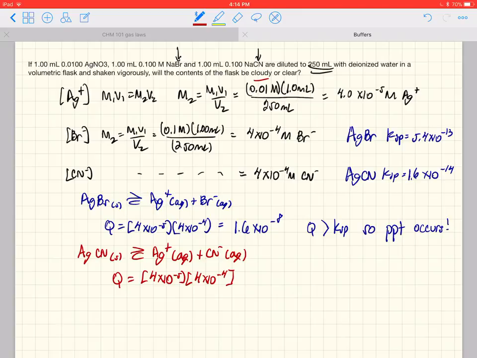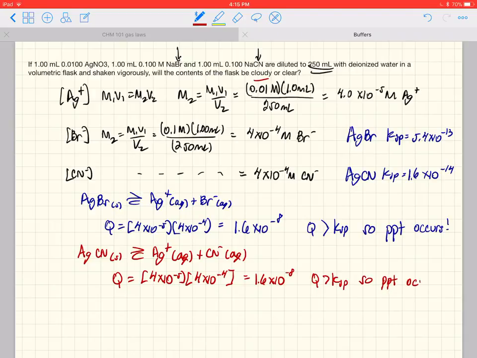Okay. And that gives us a value of 1.6 times 10 to the minus 8. Okay. And so here again, Q is larger than KSP, so